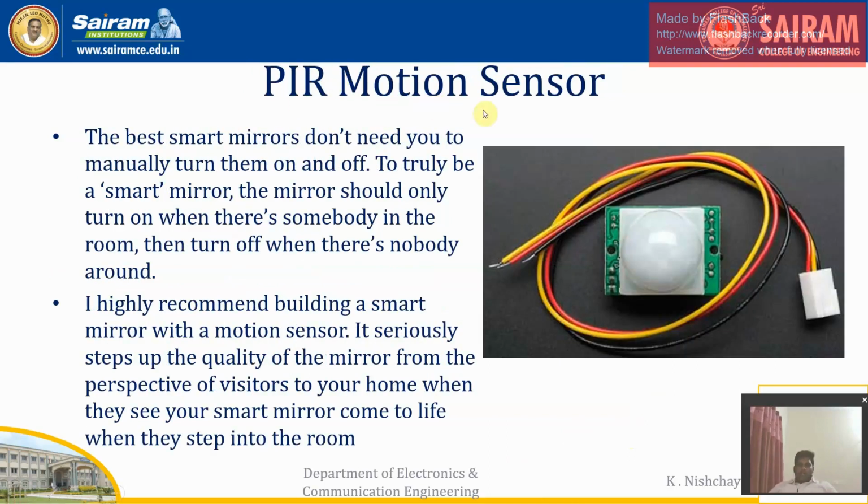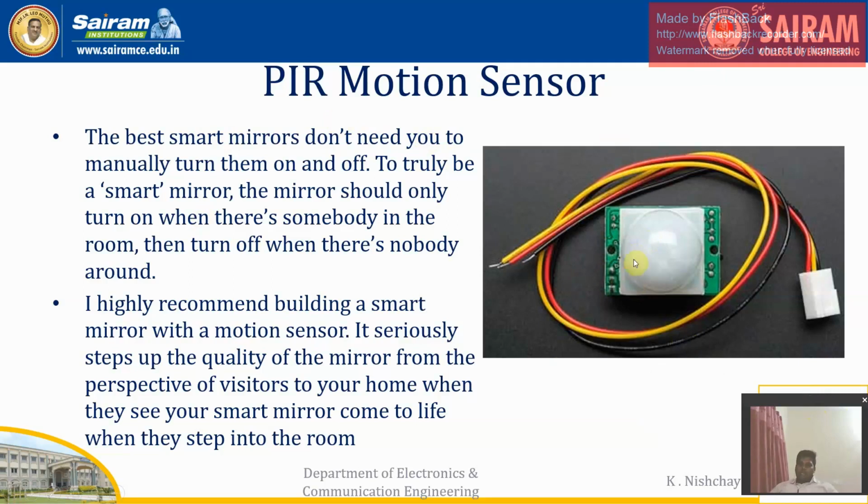Now, the PIR motion sensor. This plays a main role. Do you think a PIR sensor is not required in the smart mirror? When a person goes in front of the mirror, it should recognize my master, like I told, the human user is a master. Without the PIR motion sensor, the mirror cannot recognize whether the user has come in front of the mirror. So the PIR motion sensor plays a main role.